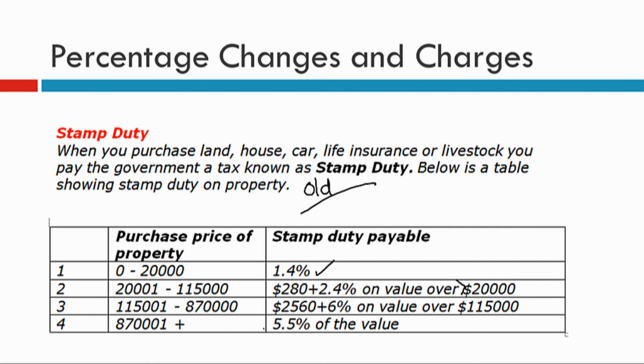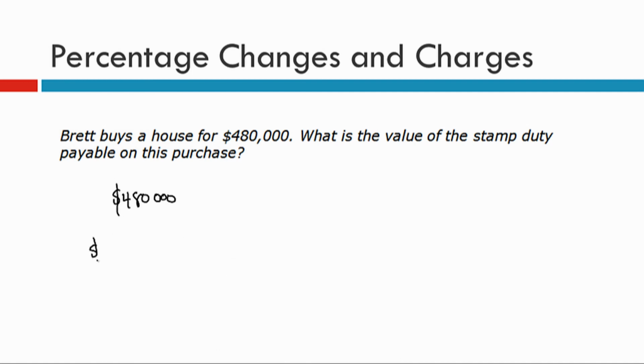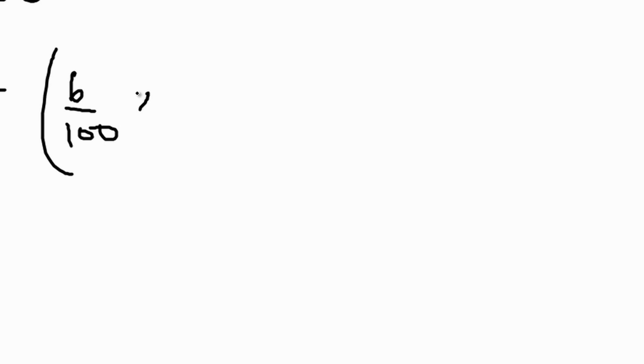$480,000. If we look at that, it is in that third one. So it's $2,560 plus 6% on anything over 115,000. So 2,560 plus 6%, and then we've got to find what's over 115. Now it's 480,000 minus 115,000,